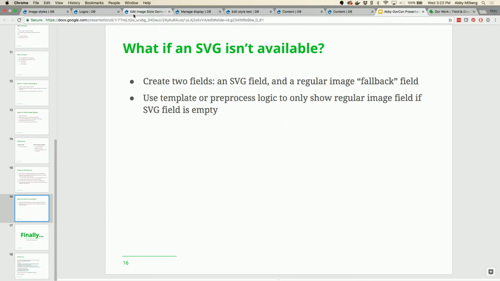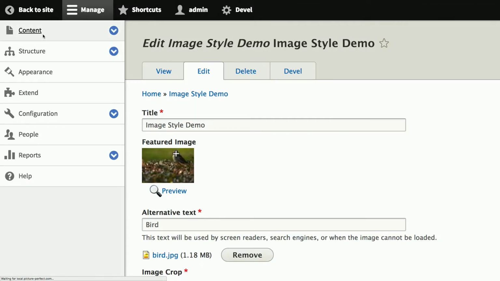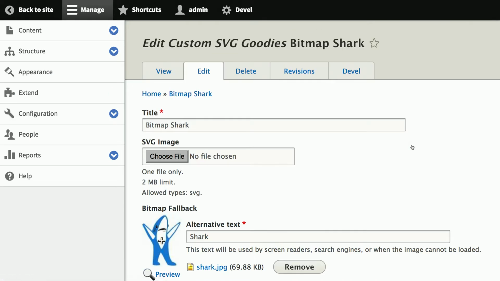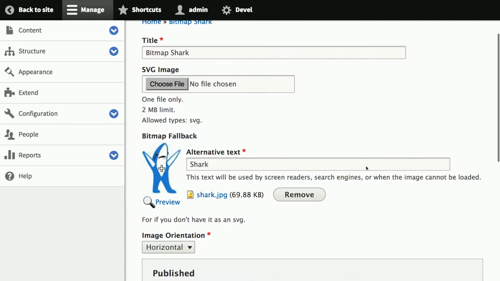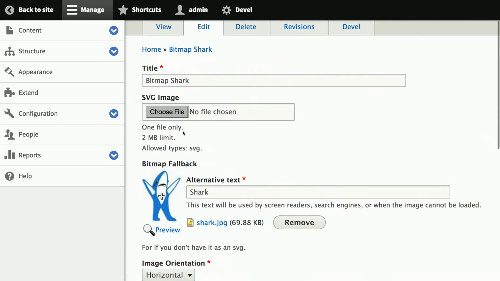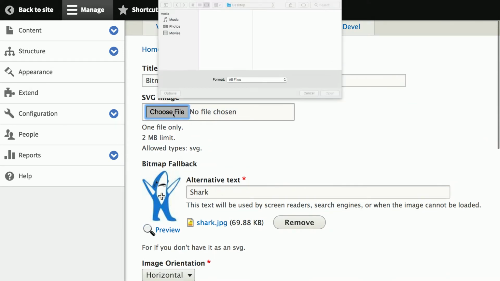So if we go back to our shark, you can see, as you might not have guessed from the title, that bitmap shark is in fact not an SVG. He is a bitmap. He's a JPEG, but he's a fallback. We didn't fill in an SVG here, so that's fine. And he's got his orientation and everything. If we choose to upload an SVG,